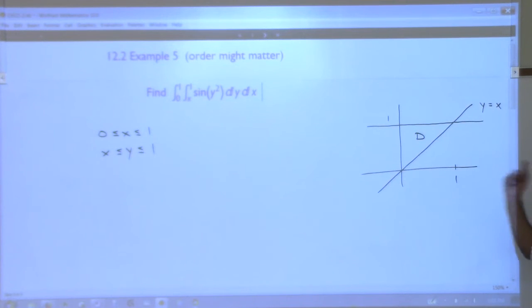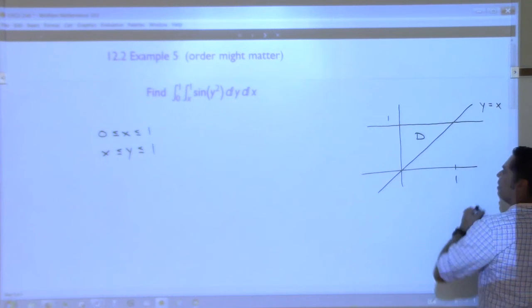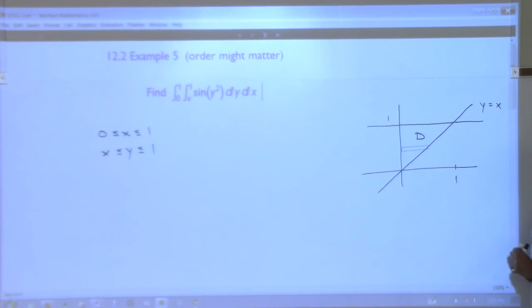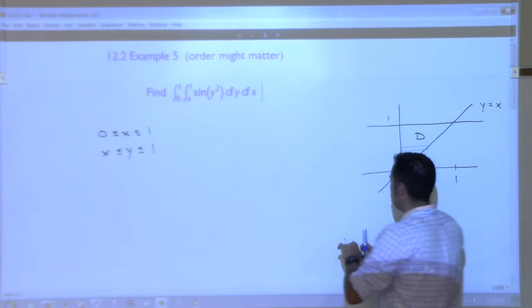And we're treating it like a type 1. In this integral, we're treating it like a type 1, right? Could we write it as a type 2? Yes, we could. If we write it like a type 2, then our rectangle is going to go this way, right? And so if we try it with a type 2,